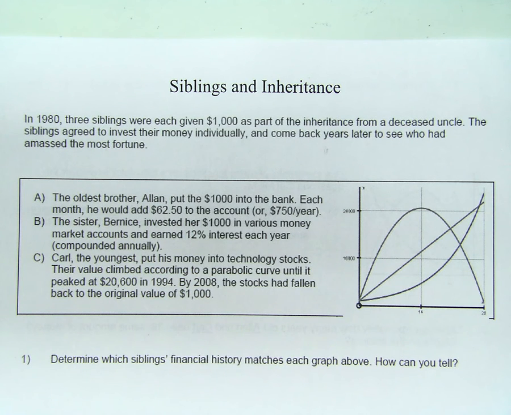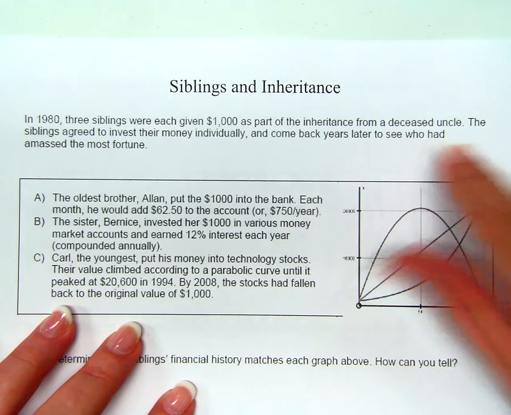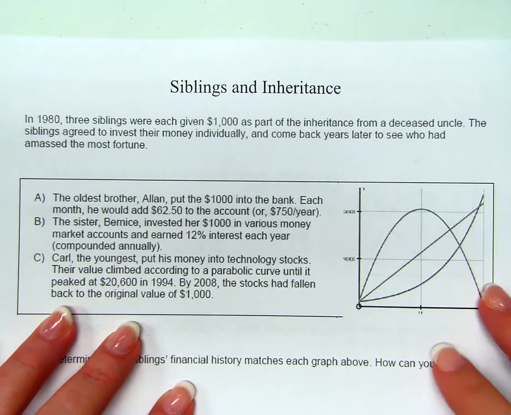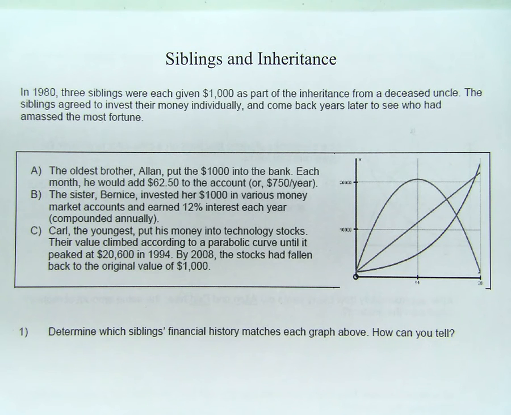In 1980, 3 siblings were each given $1,000 as part of an inheritance from a deceased uncle. The siblings agreed to invest their money individually and come back years later to see who had amassed the most